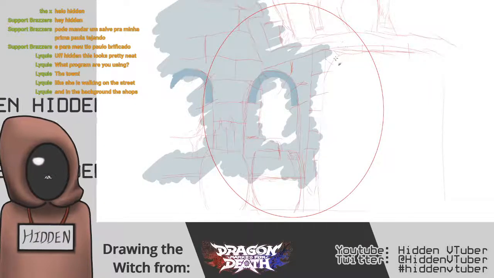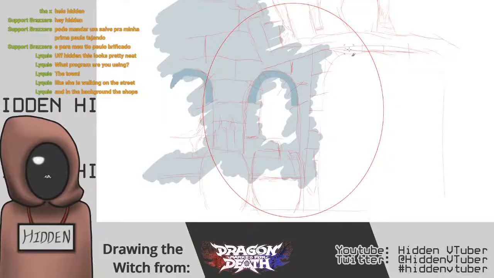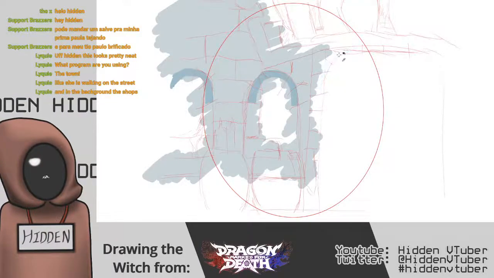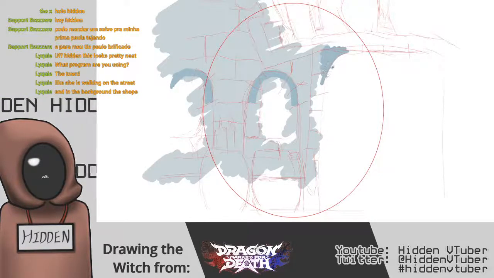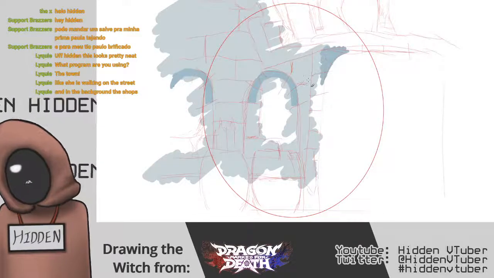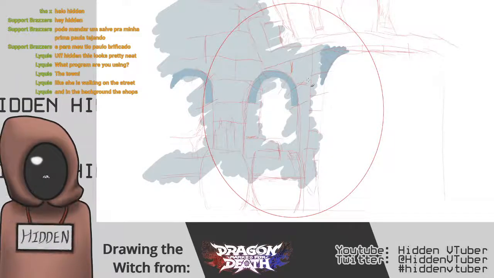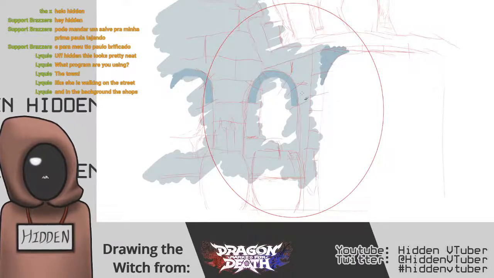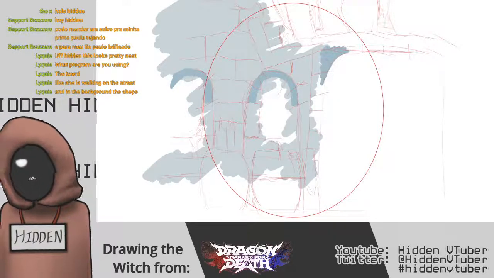And where else are we seeing this steely blue? On the arches as well. So let's keep it about that. Yeah. And where else? Right, we'll leave it at that for now. Then we'll look at